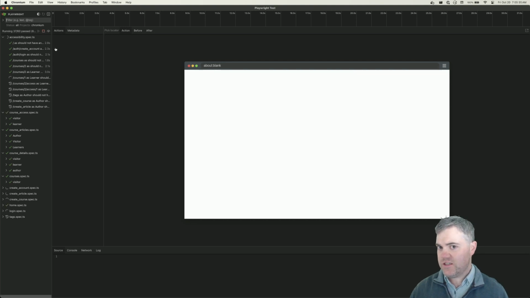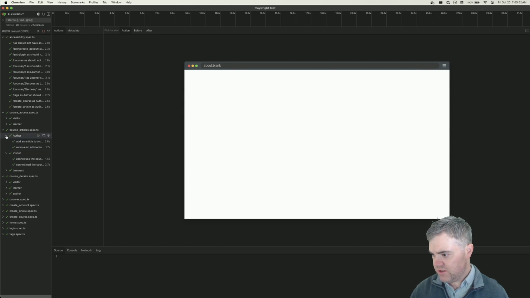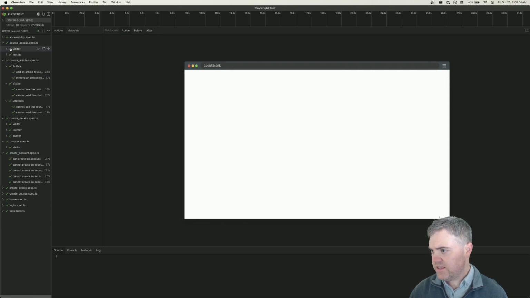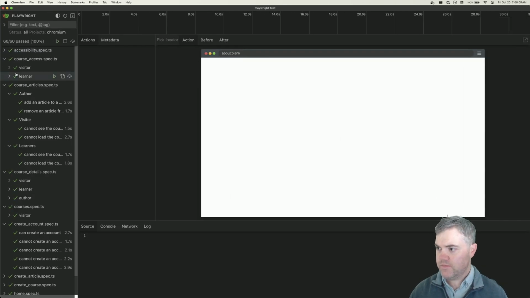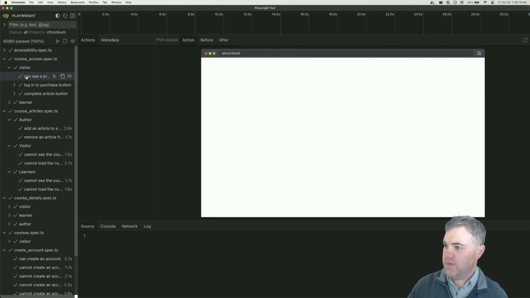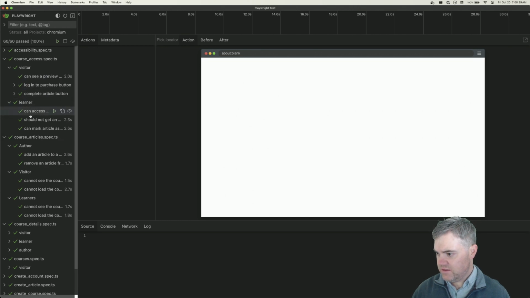Now, I'm not sure which of these tests we can look at to make sure it's working correctly. I'm thinking course articles. Really, for anybody, it should work. So just for a visitor. It's can't see the course, can't load the course, add an article, remove an article. It's not going to be accessibility. So there's course access, but that's not. Oh, can see a preview. So maybe it is under course access. So it can see a preview, can log in, purchase button, complete article button. So I think under this section here,